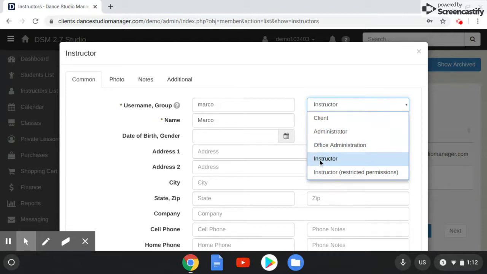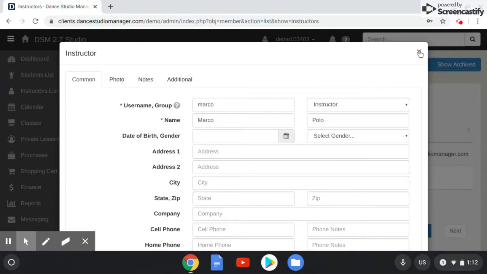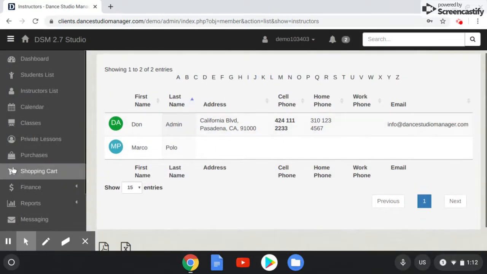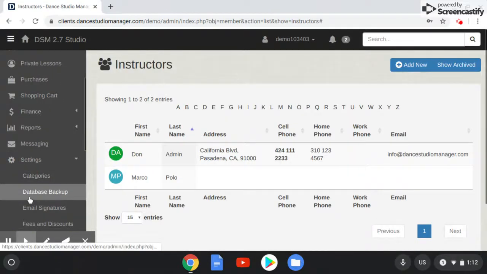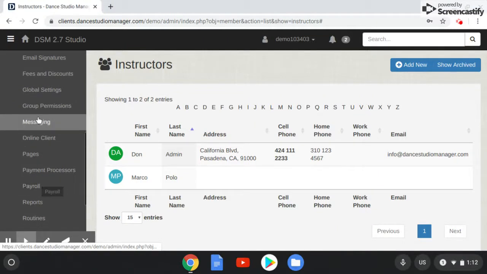And for each role that you choose here, they have different powers, menu items they can see, ability to schedule classes or edit payments. You can decide if they have those abilities or not. So under settings and group permissions, when we look at these,